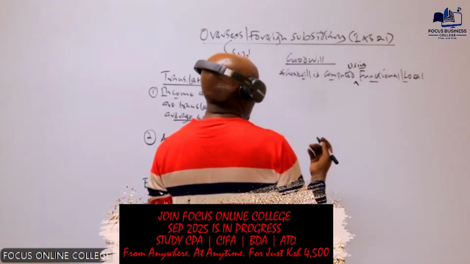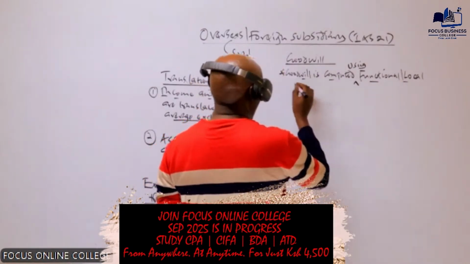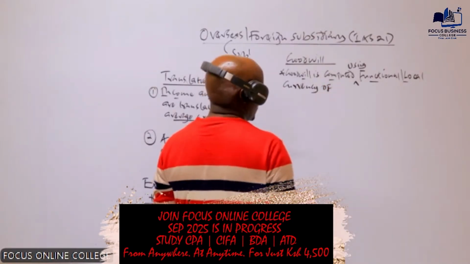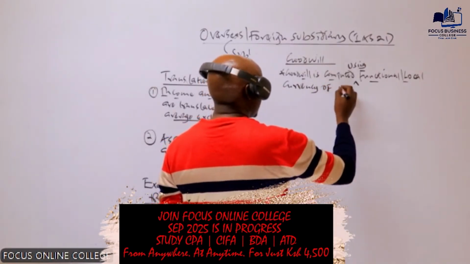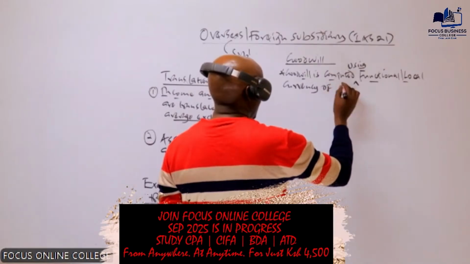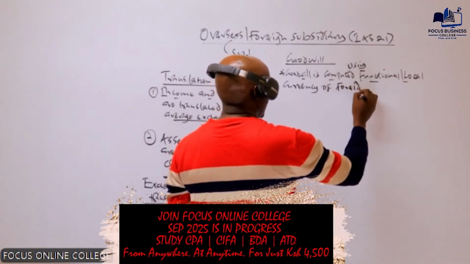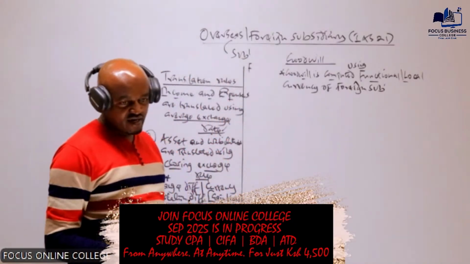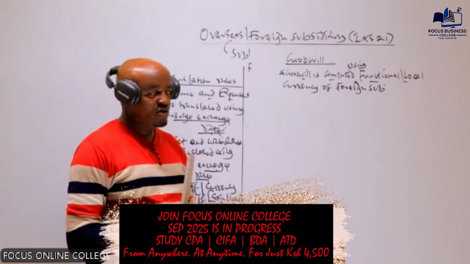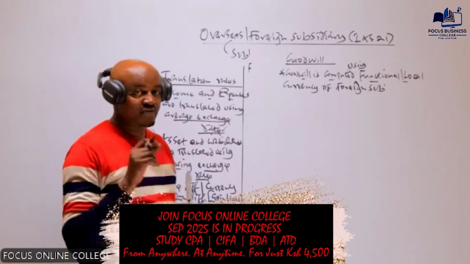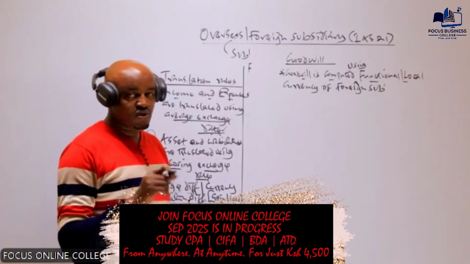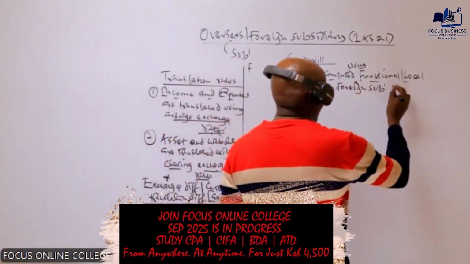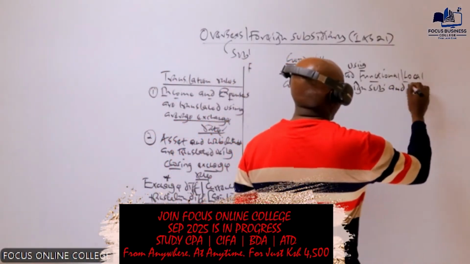the functional, or the local currency, of the foreign subsidiary. So if the foreign subsidiary is operating in Rwanda, what you do when computing the goodwill, first of all, compute the goodwill in Rwandan franc. You compute the goodwill in Rwandan franc, not in Kenyan shillings. Compute that using Rwandan franc, and then translate it